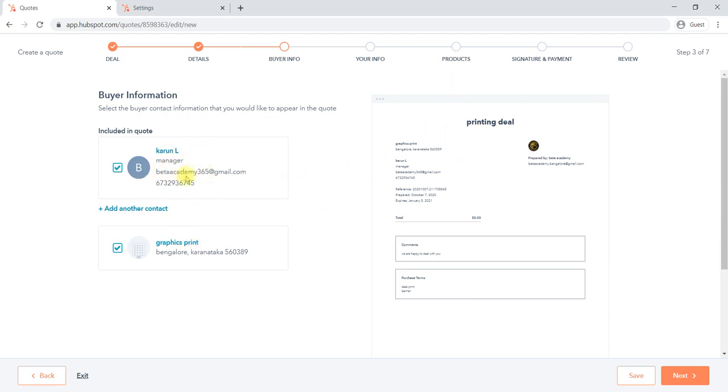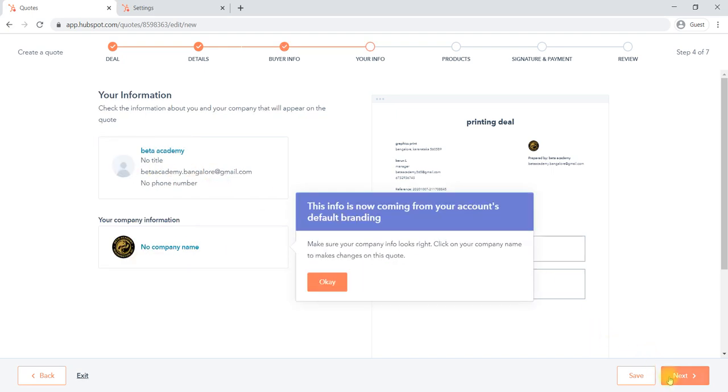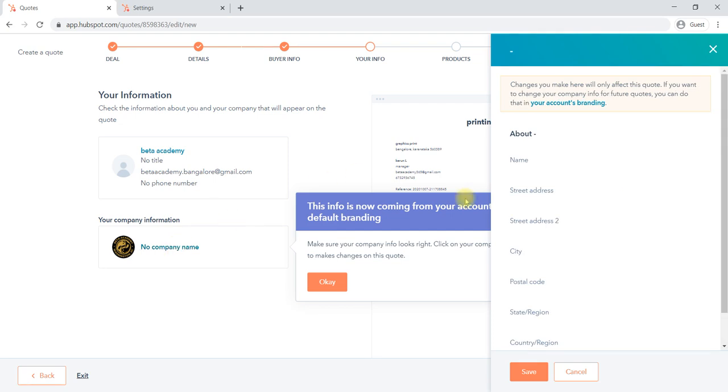This person has been added to the deal; only one person is shown here. Then next, your information: you can select it, and change anything else. If you don't have a company you can select no company name, or you can create your information here.